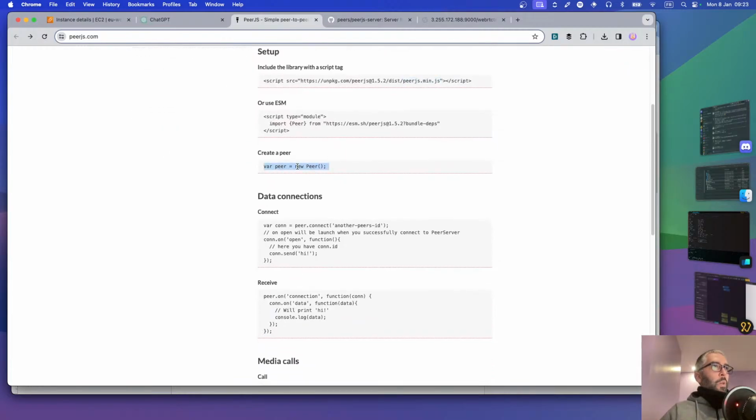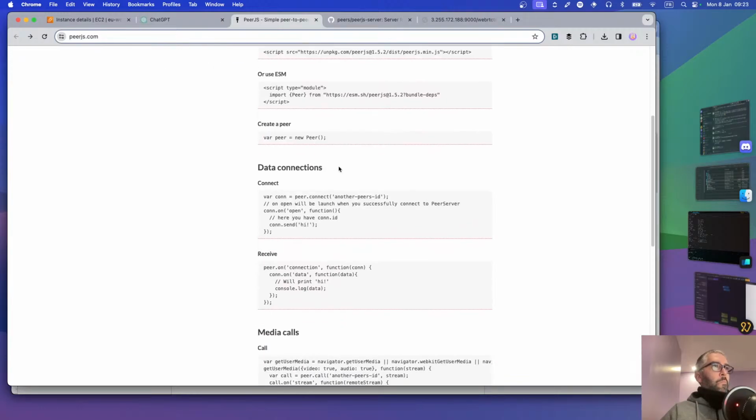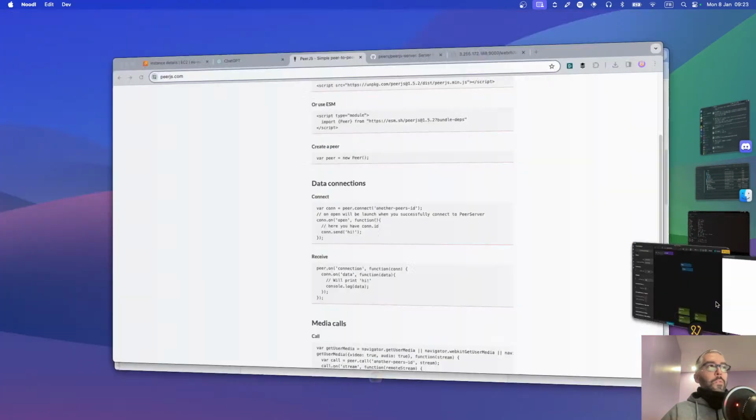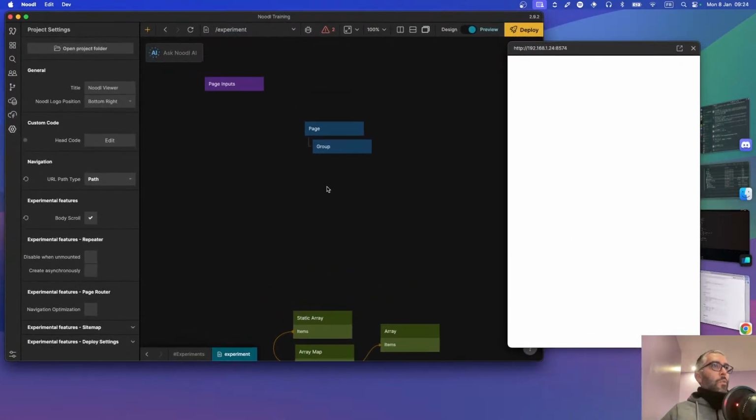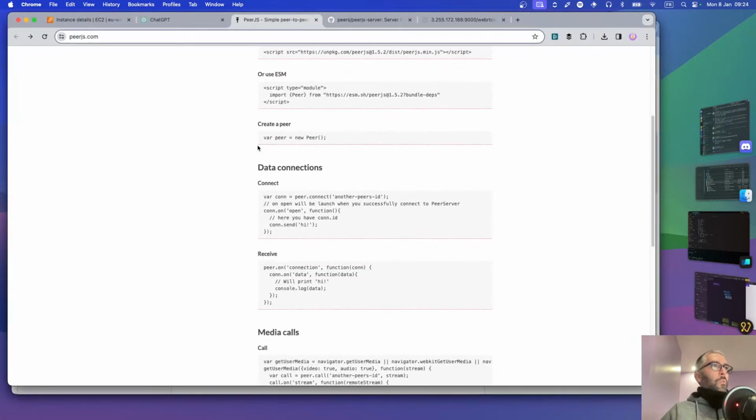So peer, create a new peer. I don't know what that means, but we'll find out. Our peer, new peer. Okay, I'm not a good coder, so this is where you'll get me just fumbling around and saying I don't know what to do. But before I embarrass myself,